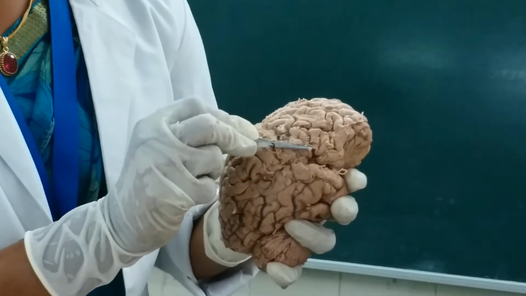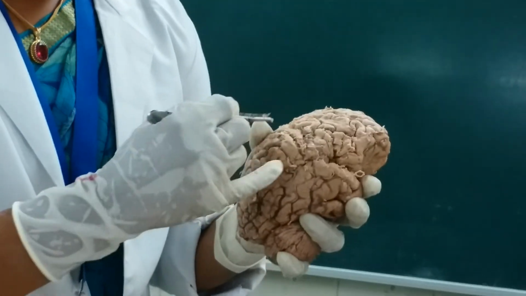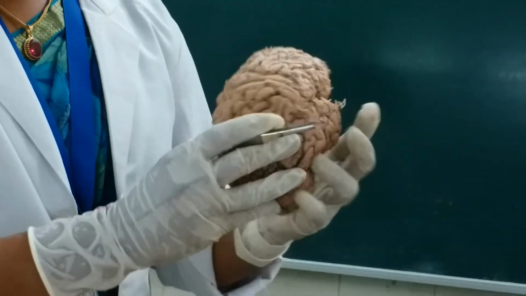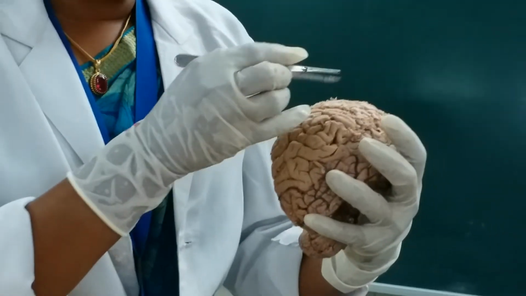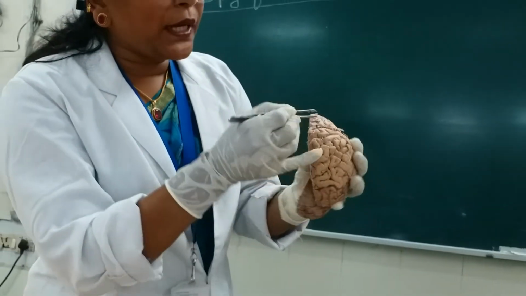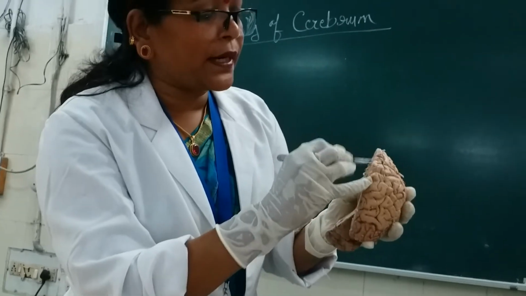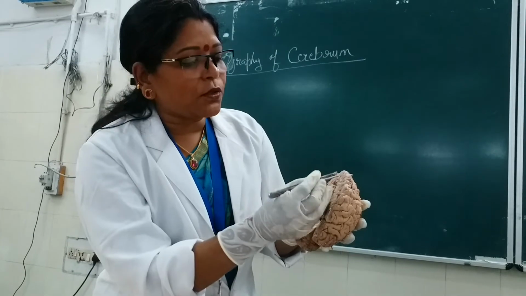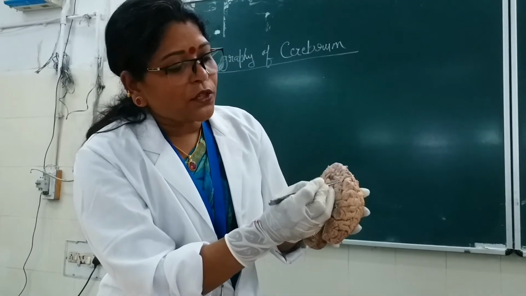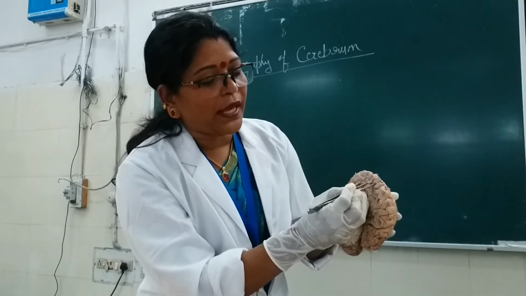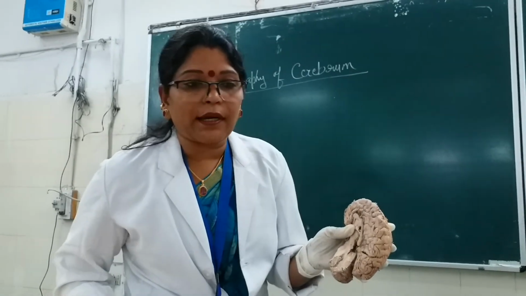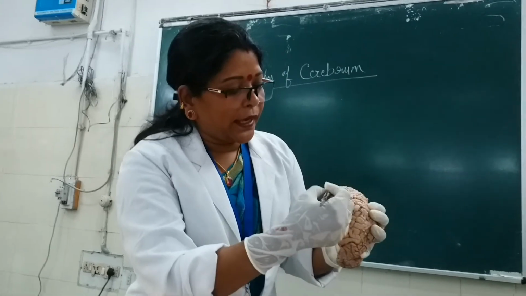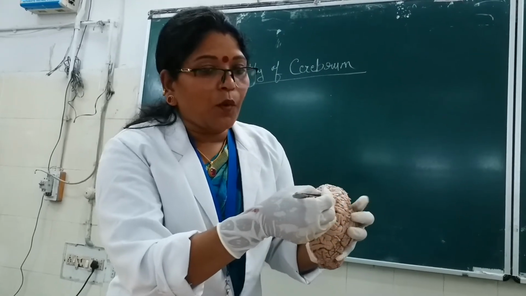So the superior, the middle and the inferior frontal gyrus, the posterior part, is the premotor area, and the premotor area is also represented on the medial aspect here. Okay, premotor area, which is known as what? Which is also represented here, which is known as the supplementary motor area. It is the part of the premotor area